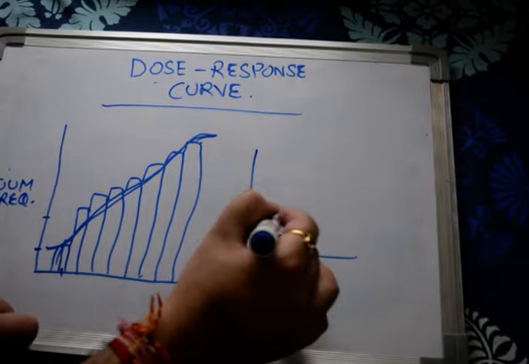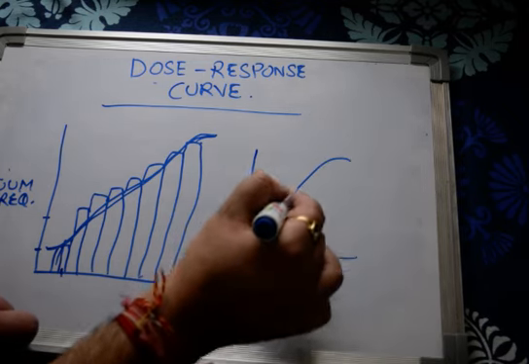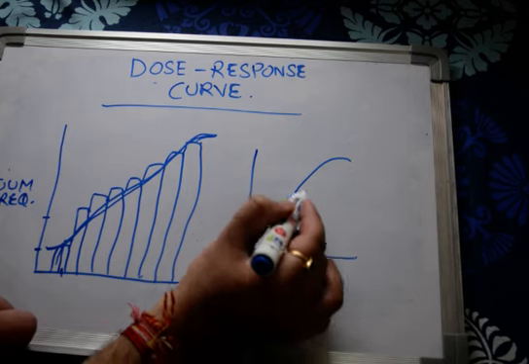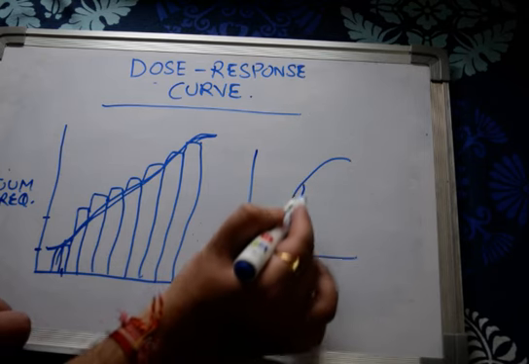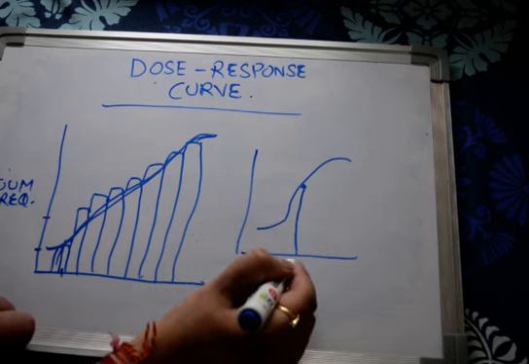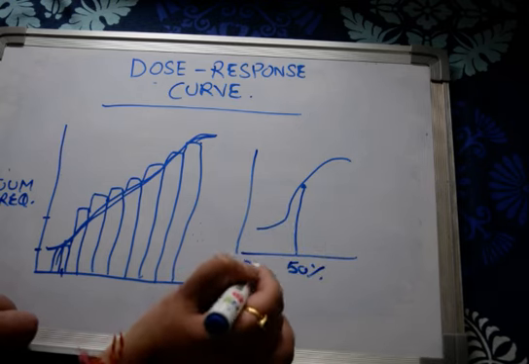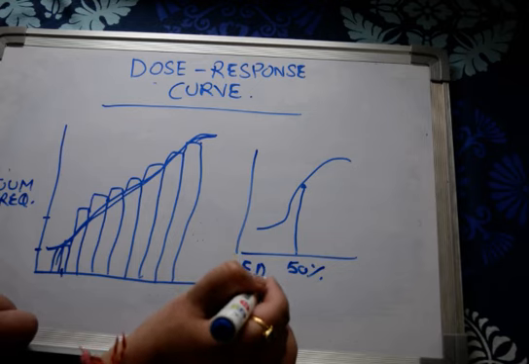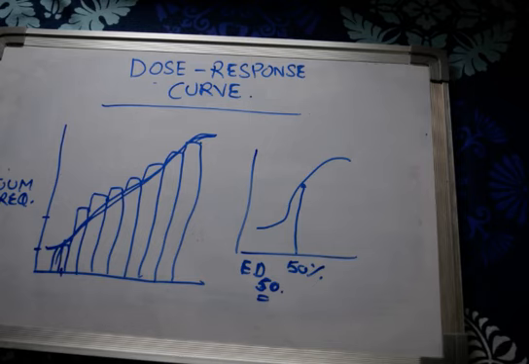I will create it again here like this, somewhat like this. It is a simple sigmoid curve, and then you can calculate things like what we call the mean effective dose or effective dose, which will be seen in 50% of the population. This is called ED50. So effective dose in 50% of the population, or if we are talking about